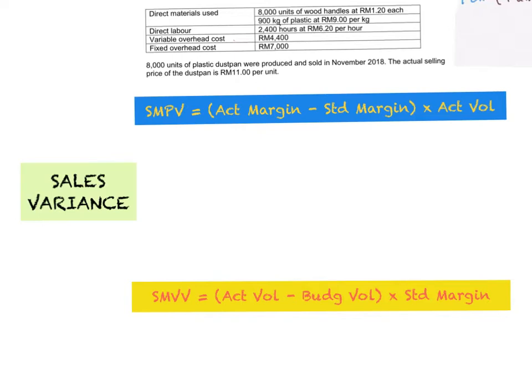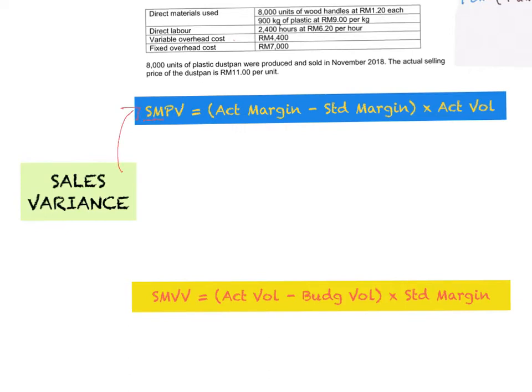Now we are going to look at the revenue variance, which consists of the sales variance. This is your income, the sales, the revenue that keeps coming into your business. We also want to investigate whether there is a variance between your budgeted sales and actual sales. For sales variance, we will have two types of variance. Number one is what you call